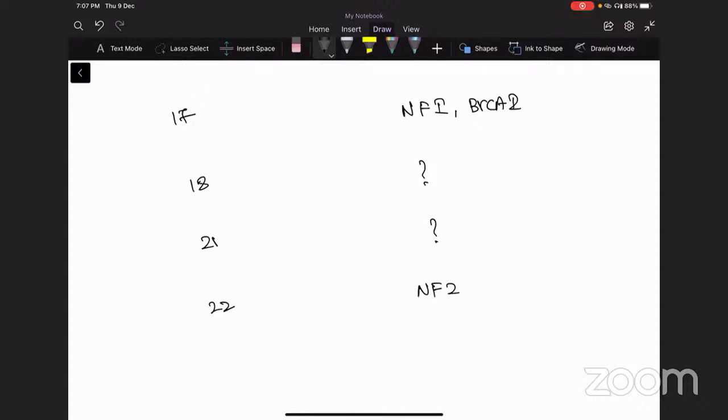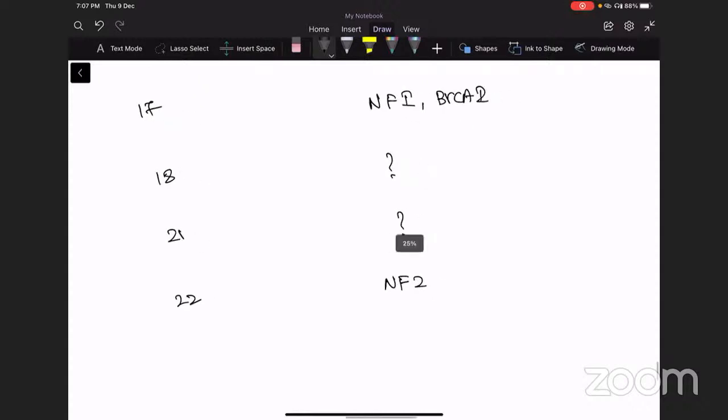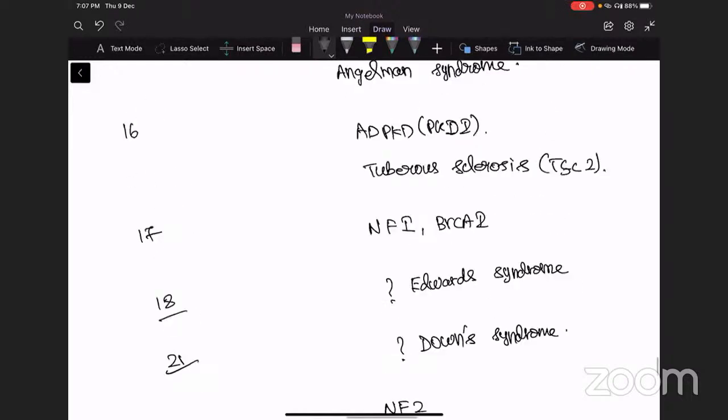Edward is which one? 18. Correct. Edward syndrome. 21. DiGeorge, Down. Okay, 22q11. Yes. 21 is Down syndrome. This 18, 21, and